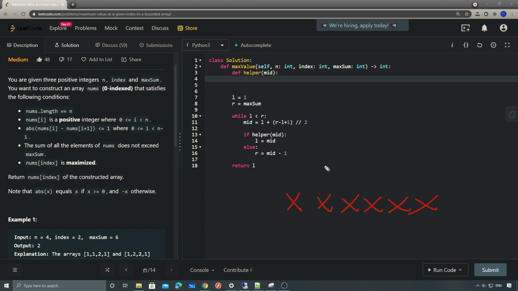Actually, this is 3, right? So if we have a 3 and then we have 2, 2, 1, 1, 1, right? So if the length of the left side is smaller than the middle value, actually, we're not getting everything. Basically, it will stop at some place. And if the length on the side is greater than the value itself, like I said, basically the value will be decreased to 1, and then it will remain as 1,